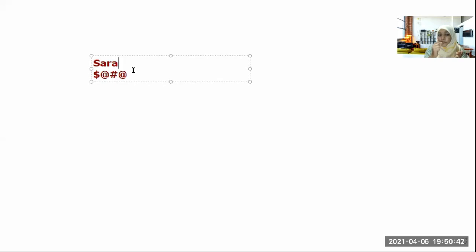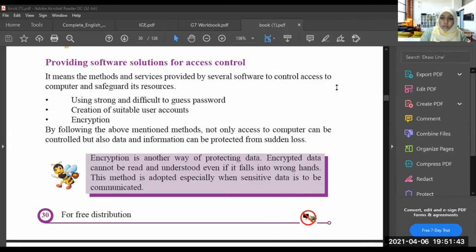So it is not good because messages are secrets. For that, if someone unknown enters my computer, he or she cannot read my information and data. Why? Because I encrypt them like this. I don't understand what this is. Good. So that is encryption, right?